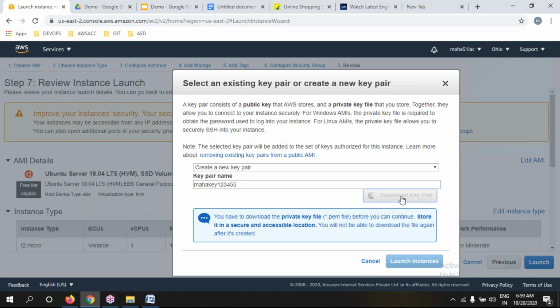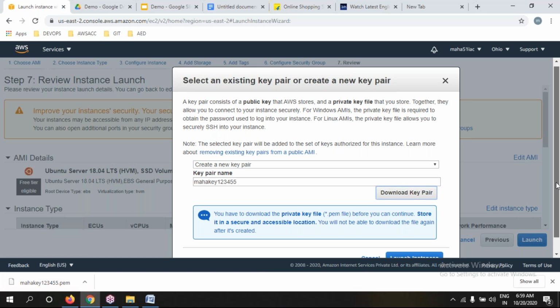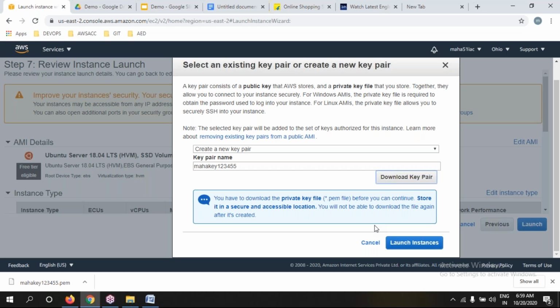The key pair already exists. Please download it. Please observe, the key pair will be downloaded inside this file. The file name is mahakey1234555.pem. After successfully downloading the PEM file, please click on Launch instance. So that's it.